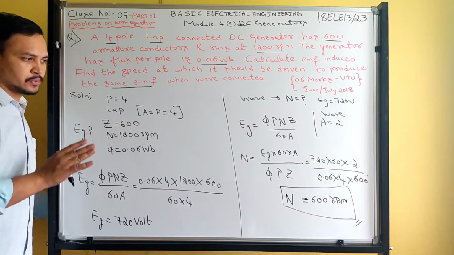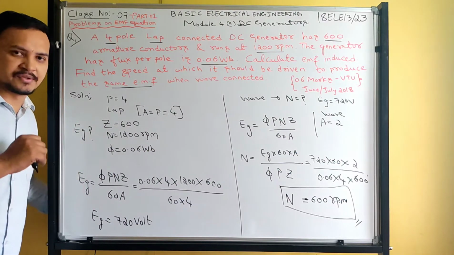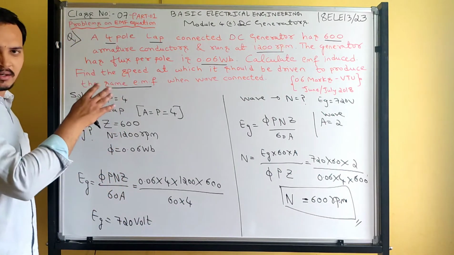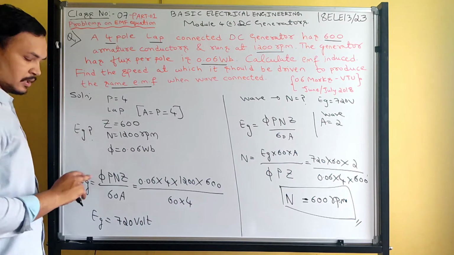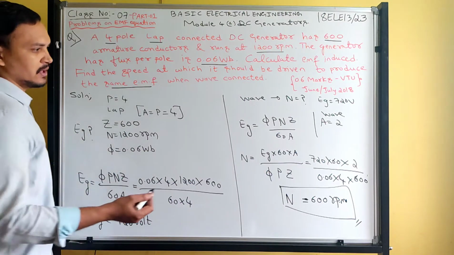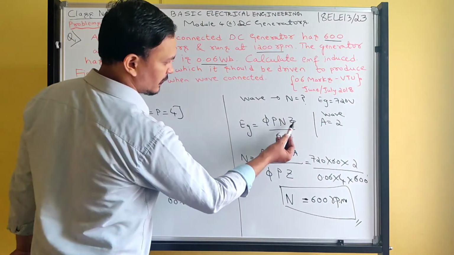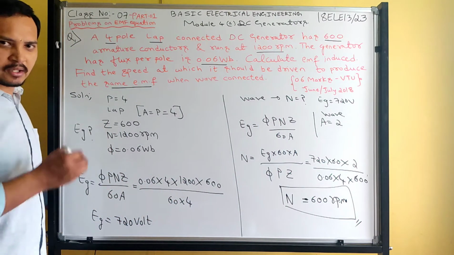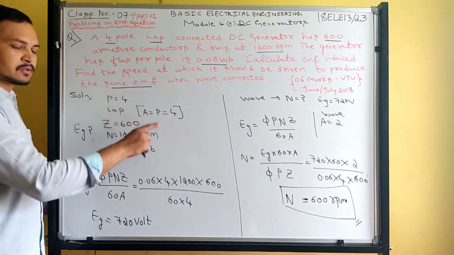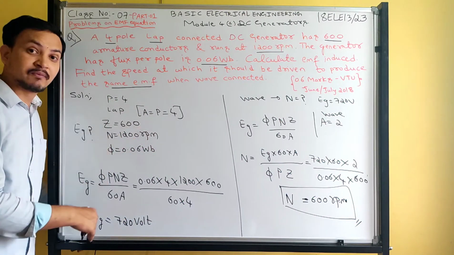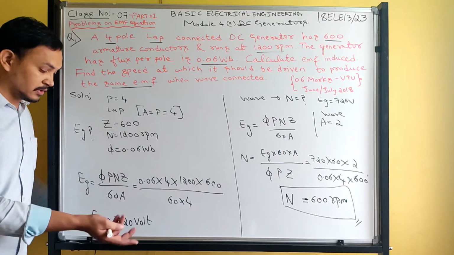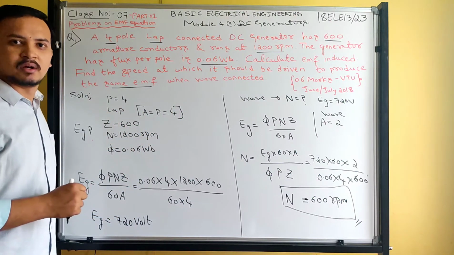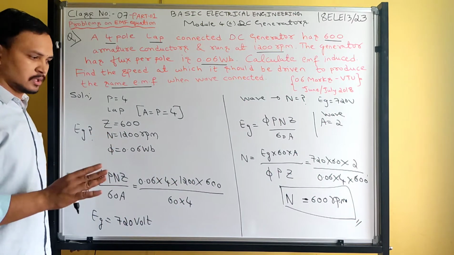Understood the question? So this type of questions they are going to ask. They can ask determine flux produced. Same pattern of question they will ask for different parameters. Totally we have 6 parameters: 1, 2, 3, 4, 5 and 6. So they can keep on changing and make questions on that. They will give some data and ask to calculate the flux. Later they will ask with the same flux, determine the new speed if the machine is wave connected. Got it? So everything you should practice well.